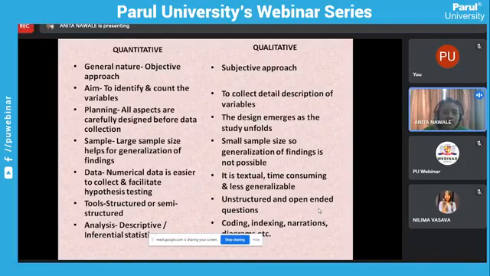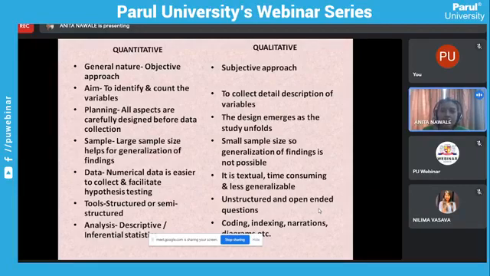So there is a difference between the quantitative and qualitative research design. In quantitative, we focus more on the numbers, more on generalization. We have a fixed research methodology. We have a very objective kind of research tool to measure, whereas it is just the opposite in a qualitative research design. Next we'll see the characteristics of the qualitative research design.